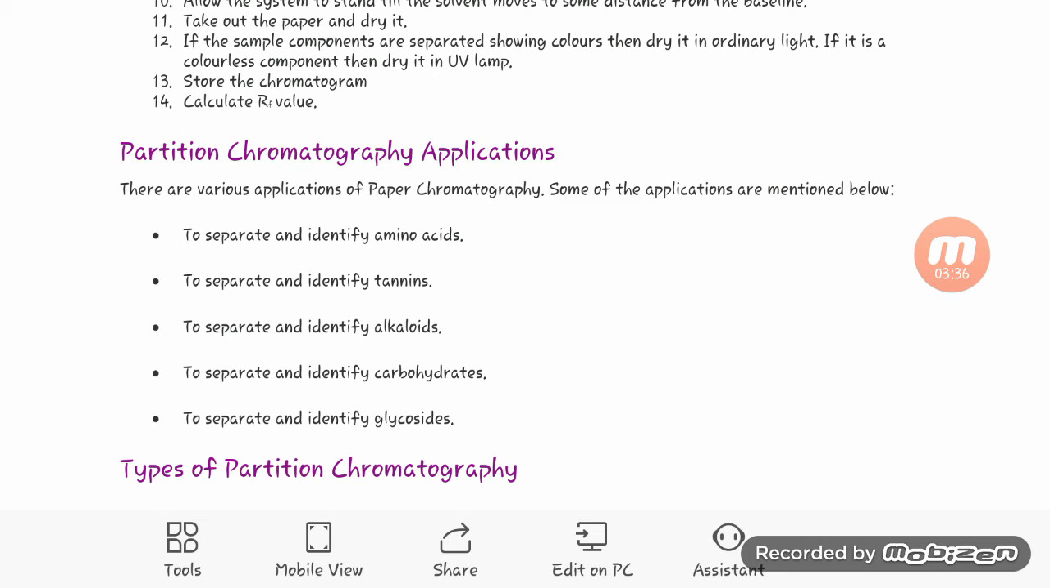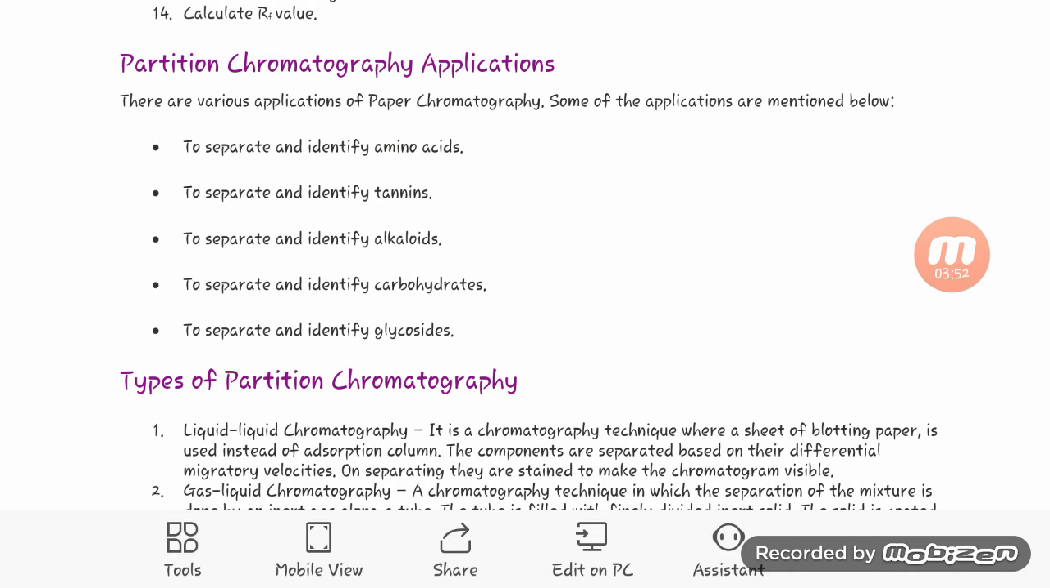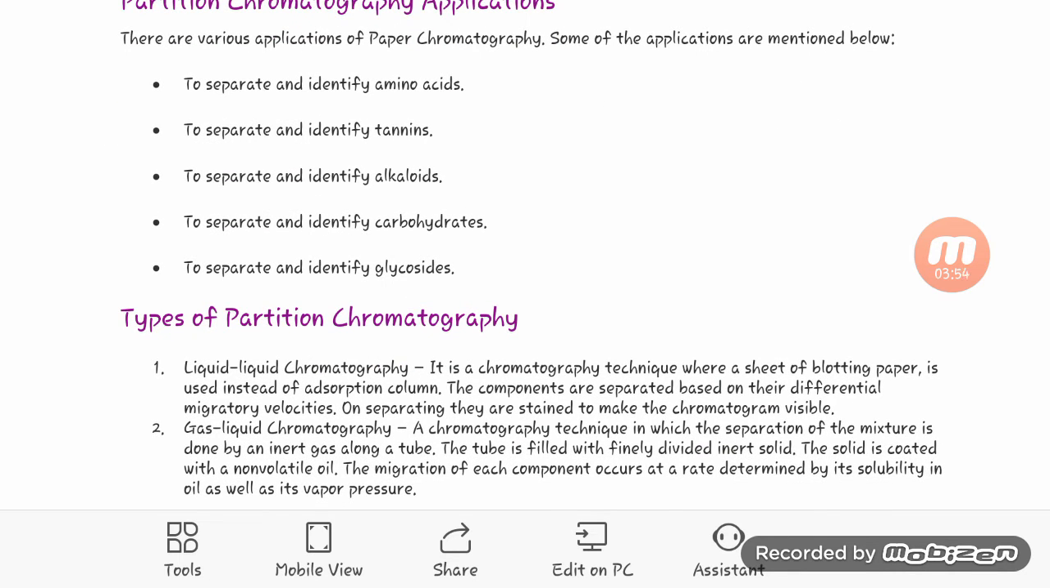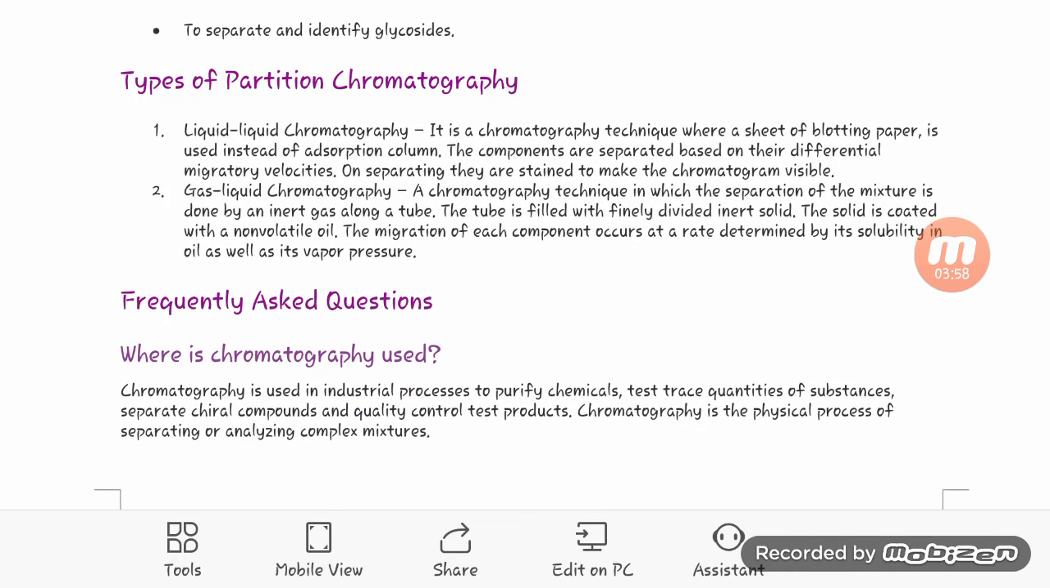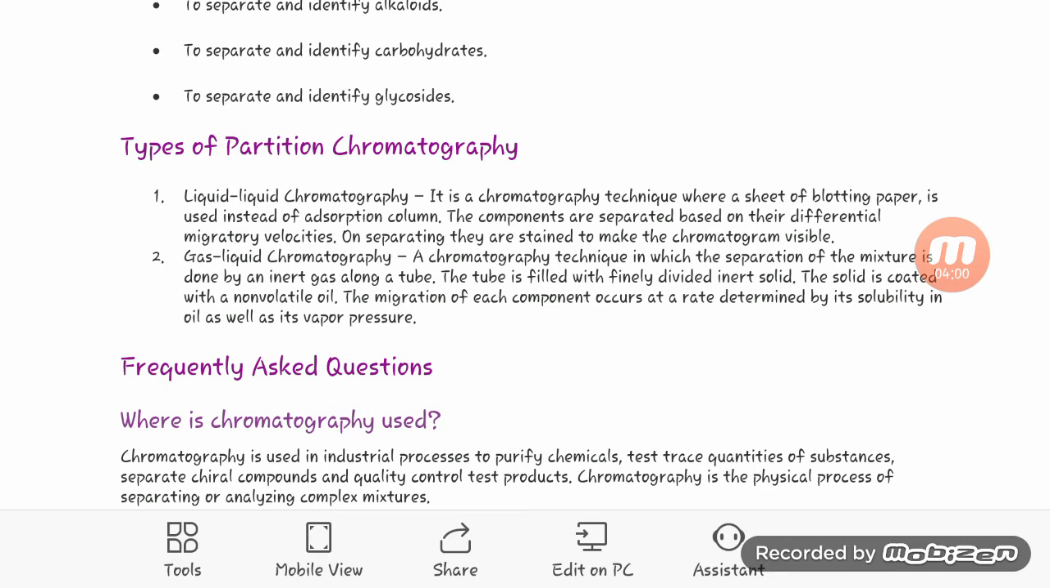partition chromatography applications. It is used in the separation and identification of amino acids. It is used in the identification and separation of tannins. It is used in the identification and separation of alkaloids, and in the identification and separation of carbohydrates and glycosides. So there are two types of partition chromatography: paper chromatography